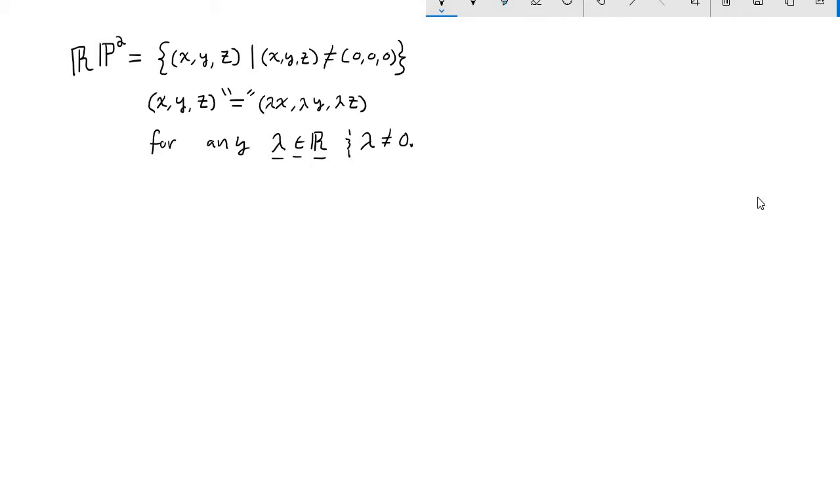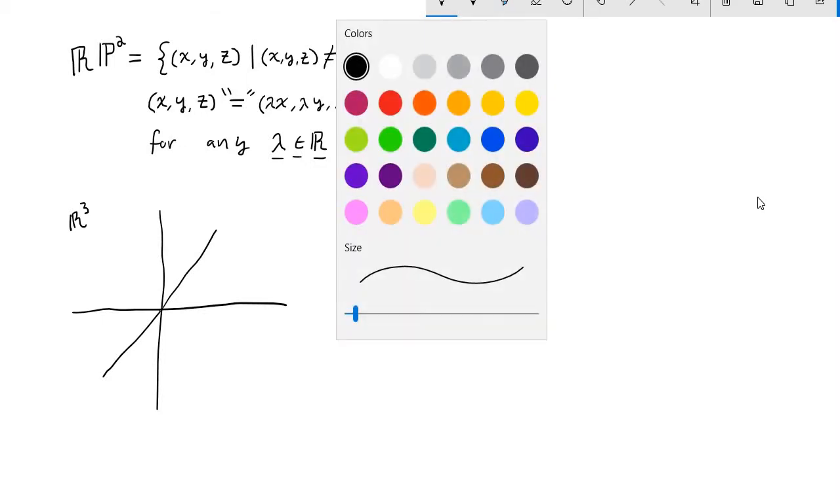How should we picture this object? Well, this starts off by taking triples of real numbers, so we might want to start by looking at points in R3. And in R3, one thing that we can do